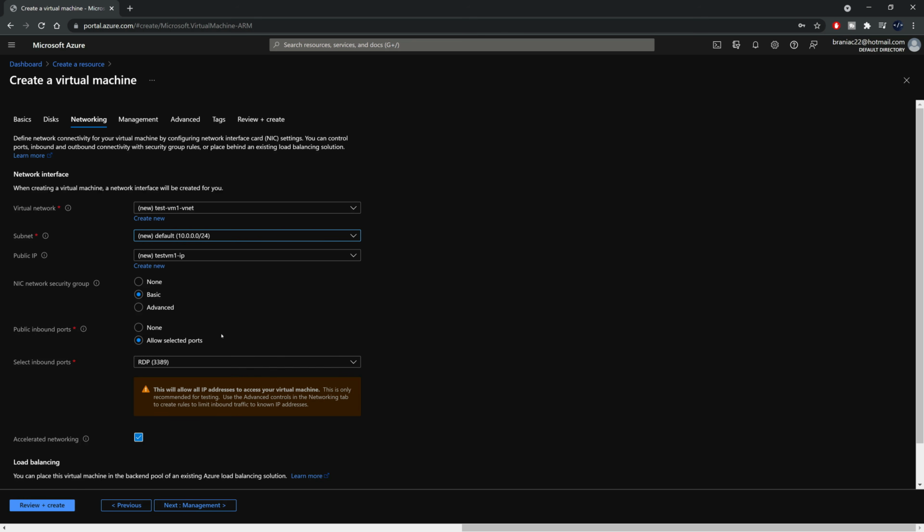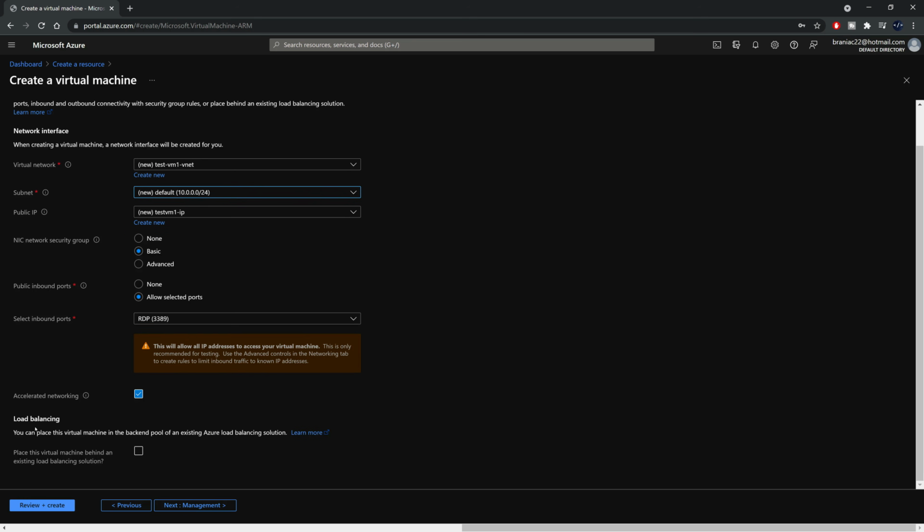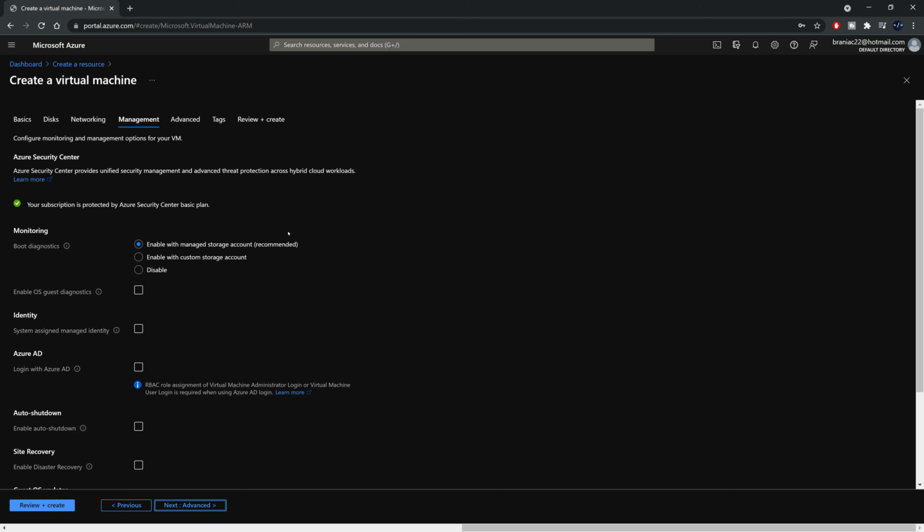So everything is done right here for you. And you can also choose load balancing. So if you have more than one virtual machine and you want to do that load balancing scenario, where traffic hits either machine at any given time, you can easily configure that here. Keeping it simple though, let's jump over to management, which is really just going to talk about boot diagnostics, guest